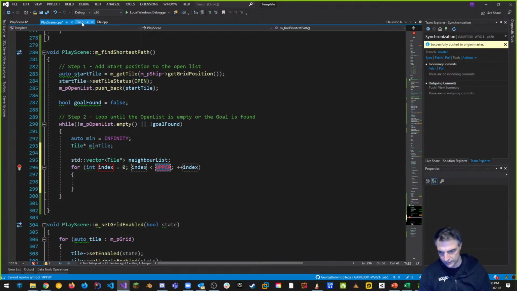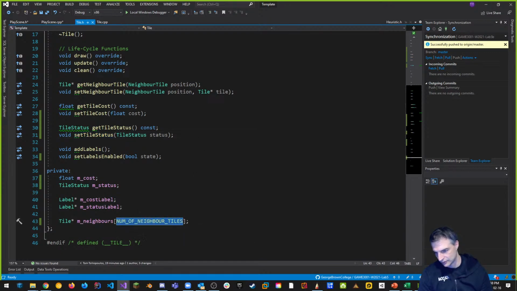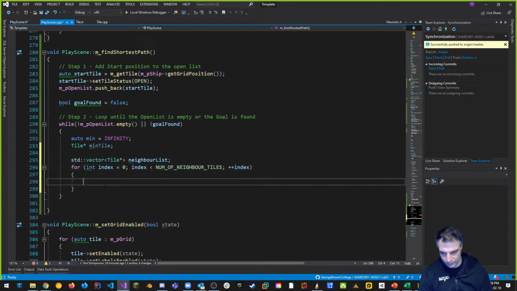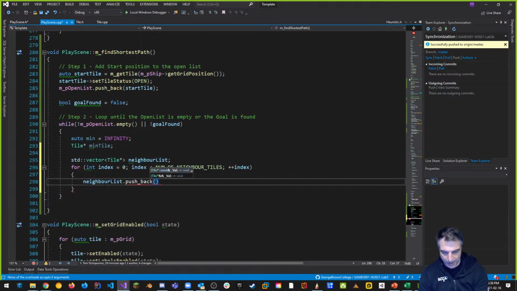So notice that, remember in the tile.h, we have this number of neighbor tiles. Because maybe I'm going to have 8 tiles in the future, I don't know. So that's going to be the upper limit, number of neighbor tiles. That's an enumeration again. So I'm going to loop over each one of these things. And then I'm going to say neighbor list dot push back, and I'm going to push back the